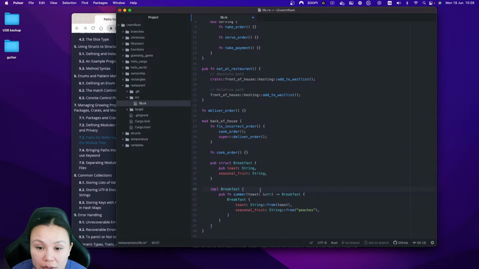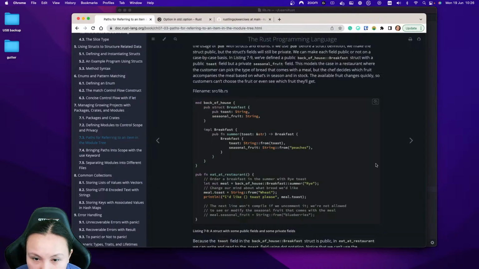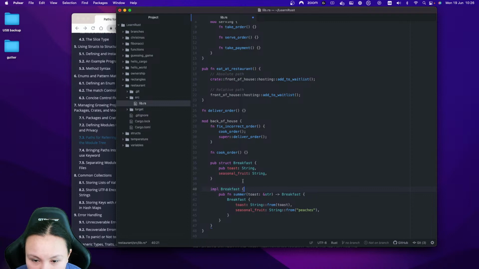So now we have a struct called breakfast in the back of house. Is this public? So you can call it from outside because someone needs to eat it. And the toast or seasonal fruit. So only toast is public. And then this is within the back of house, there is a function called breakfast. Yeah, there is an implementation of breakfast inside. And then within the breakfast